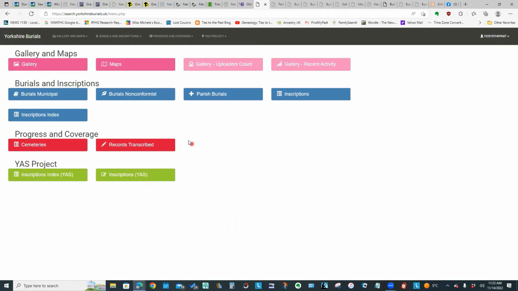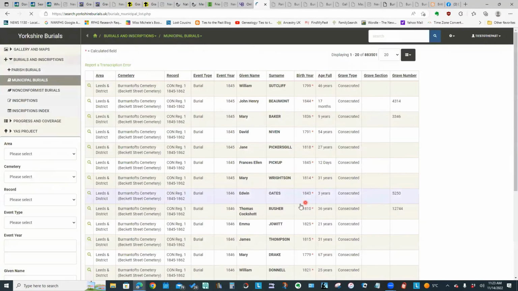So if we want to take a look at burials in the municipal cemeteries, you come to a screen. This is basically their detail or search screen. And as you can see, those other categories that were listed on the previous page, they're all here just in text form.